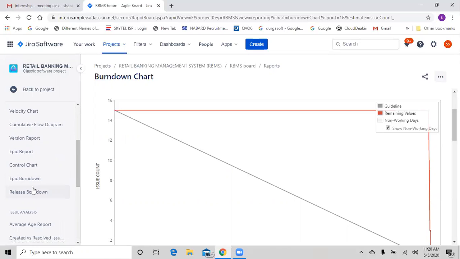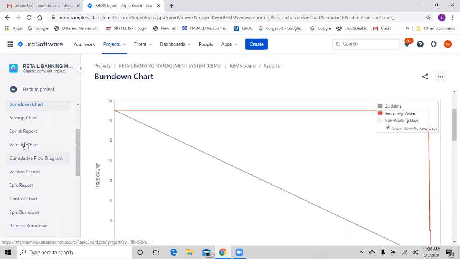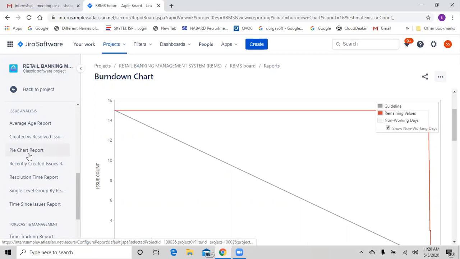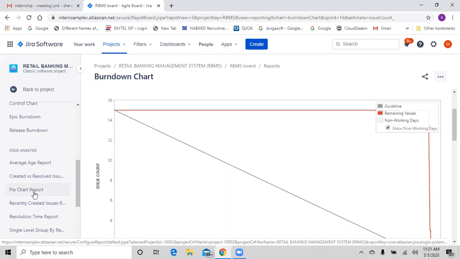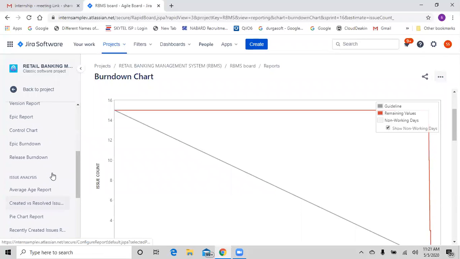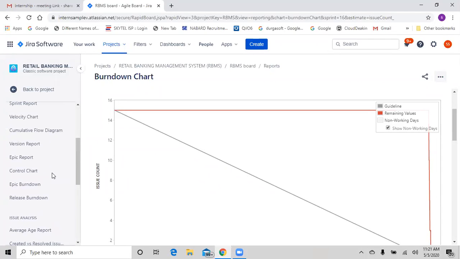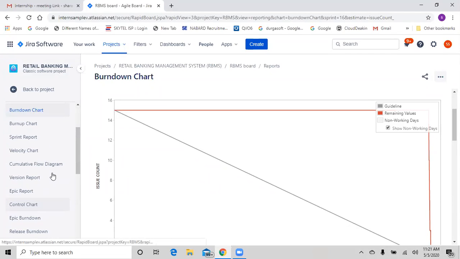So do we have anything to do with these charts? Actually, we have a pie chart and everything. I had a look among these things while doing sprint 4. Okay, you can look into that. Time tracking and everything we can do here, but here we are not capturing time tracking. So the majority of the cases we are using burn down. Even burn up is very rare. I told you burn up we are also preparing, but only in very rare cases.